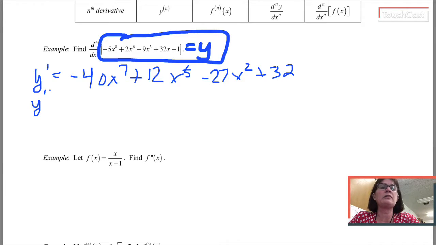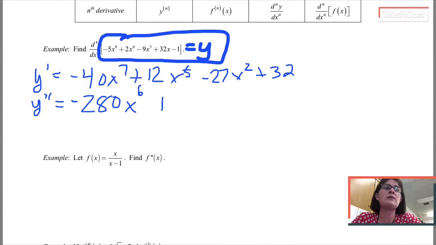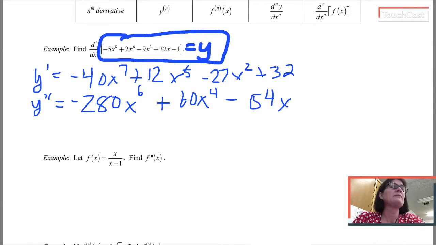The second derivative is going to be the derivative of the first derivative. So that should say y double prime. Didn't come out really well here. Y double prime, that's going to equal, the 7 is going to come down to multiply the negative 40. So negative 280 x to the 6th plus 5 times 12 makes 60, x to the 4th minus 54x to the 1st. The derivative of 32 is 0, so the 32 doesn't show up in my